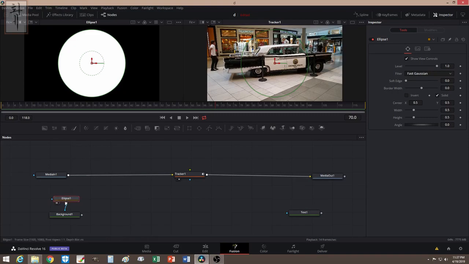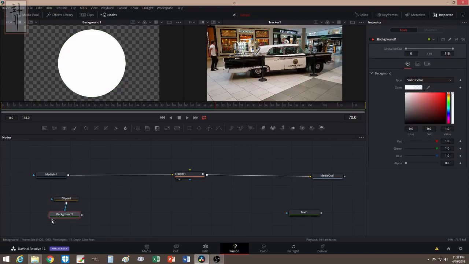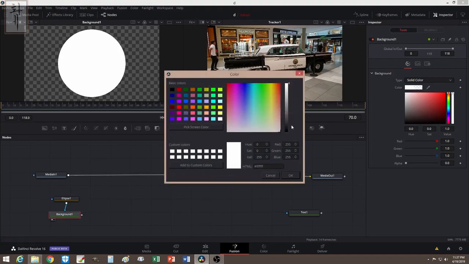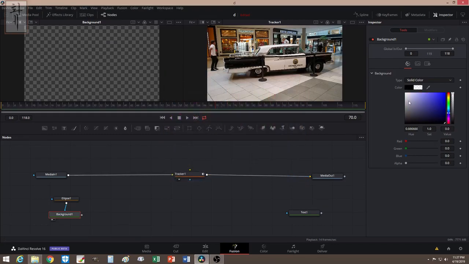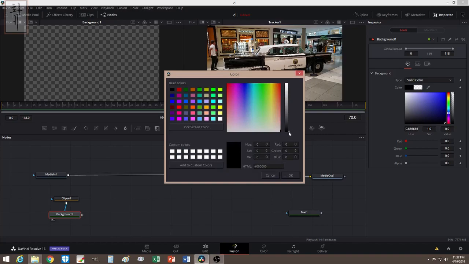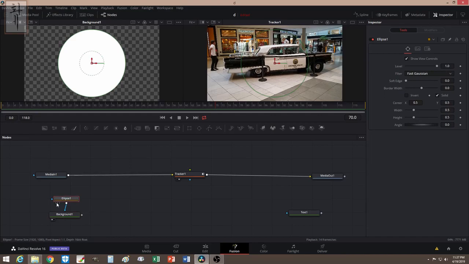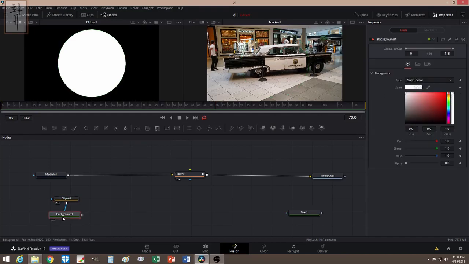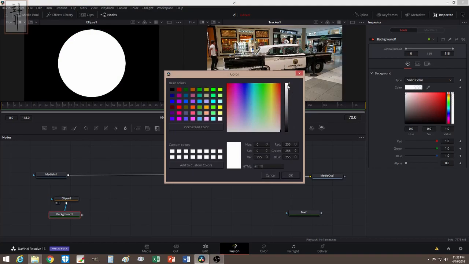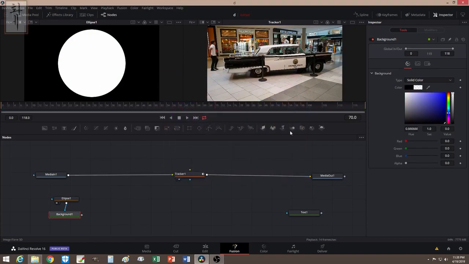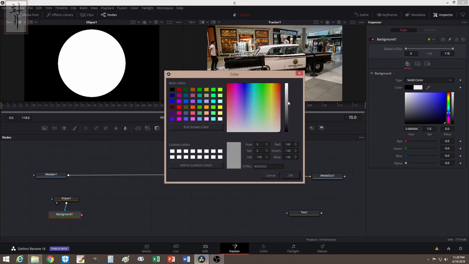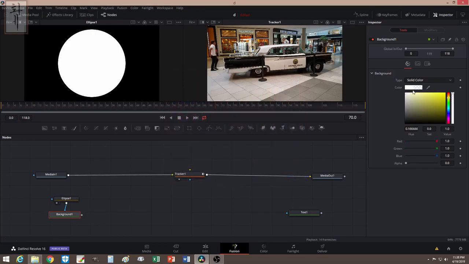Alright, Ellipse. So if you were to look at this, and if you don't have this white, instead you have black, you will not see it. I don't think that really matters much, because if I were to click on this, even though on this I turn black, it's still here, so it didn't really make a big difference, I guess. But I'll just keep it white for now. So in Ellipse,